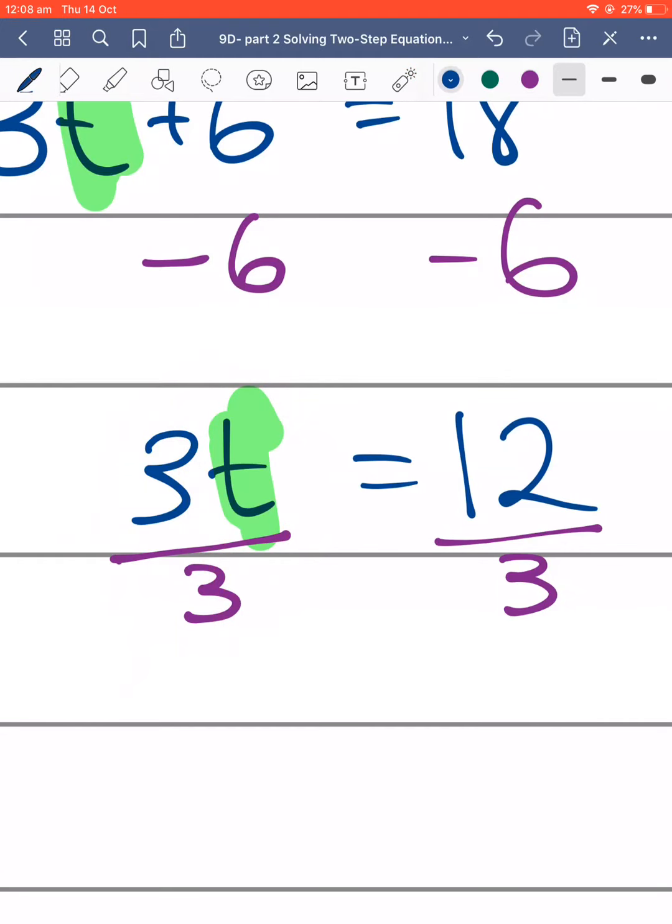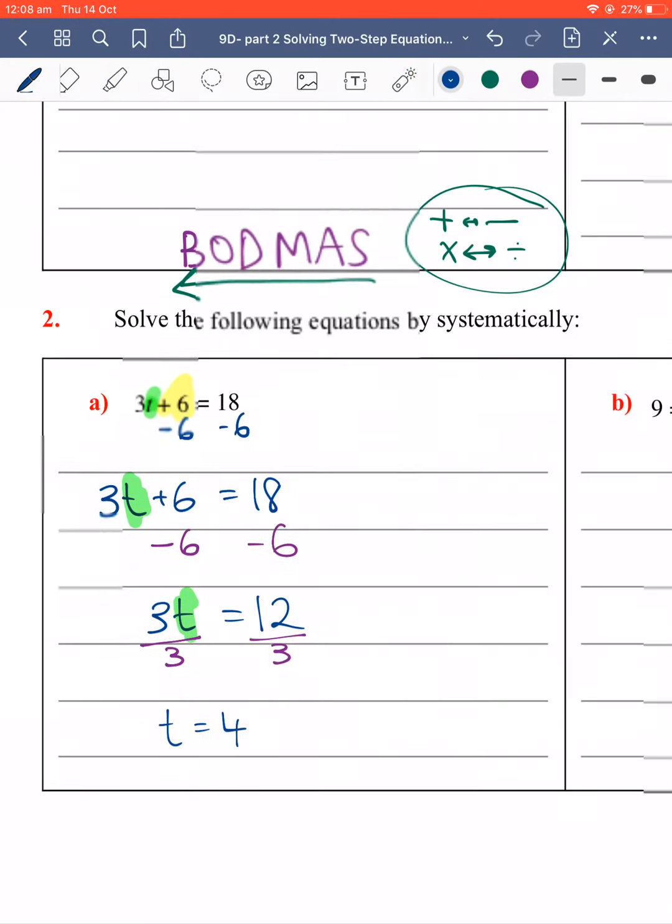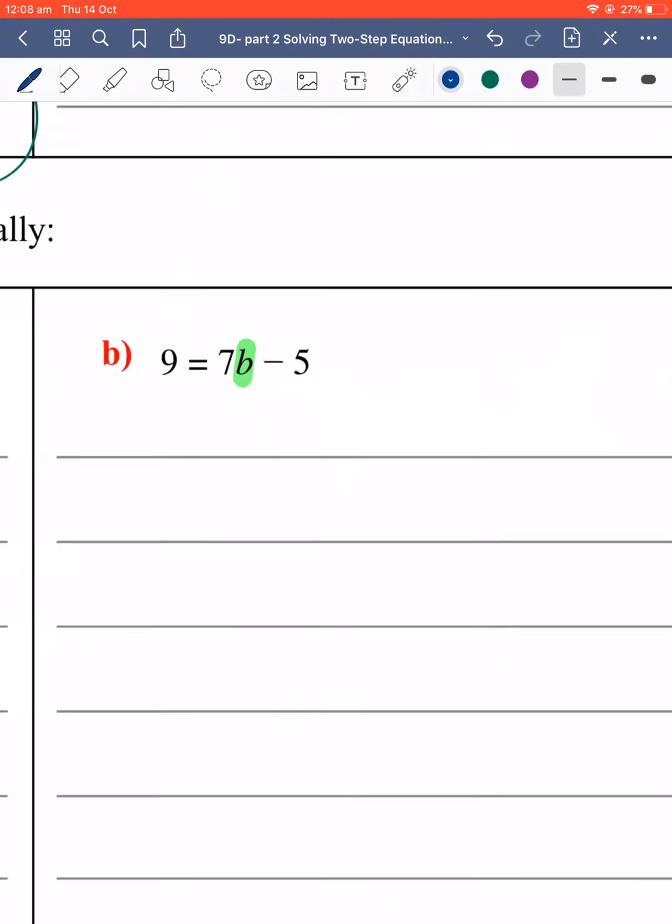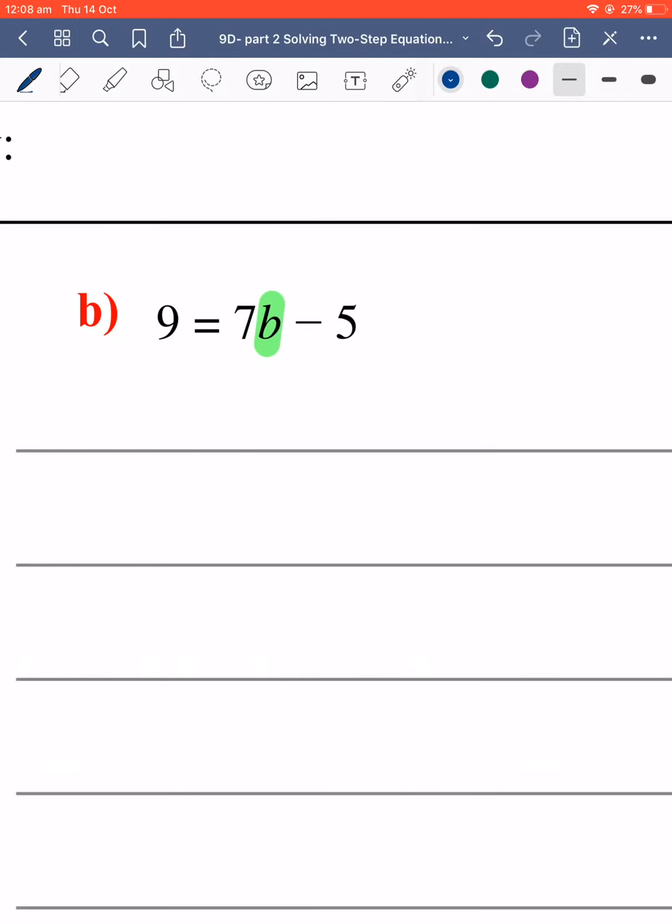So we can write that in. So t equals, and then I've got 12 divided by 3, which is 4. Awesome. Moving on to the next one. So I have 9 equals